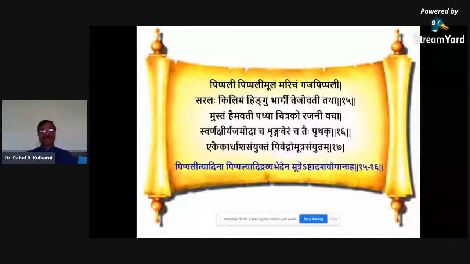Ekaika Ardhamsha Sanyuktam means all individually have to be taken in half the quantity of Trivrut. So not in combination, individual Pippali Moola. So these all make separate kalpas. These have to be taken in half the quantity of Trivrut Churna and mixed with Gomutra, Pibet Gomutra Sanyutam. So the Sahapana here is the Gomutra, one part of Trivrut Churna and half part of any of the above said dravyas has to be taken, mixed with gomutra and administered.